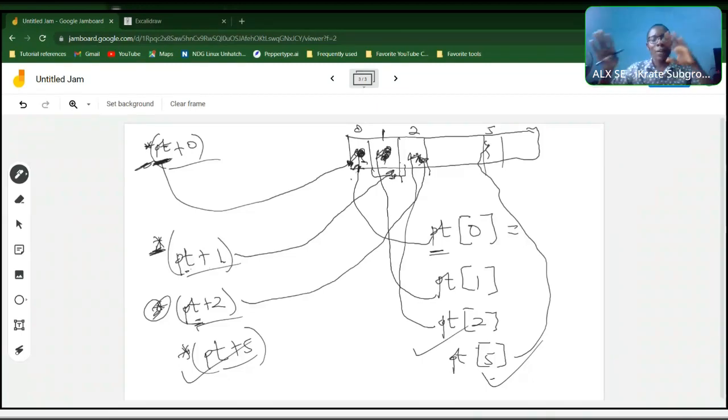So all the stuff about the question that you get, those ones are extra things. You just need to think through them, come up with an algorithm to solve something. But the most important thing is for you to remember that anytime you are creating a Malloc, you are just returning a pointer. So if you return that pointer, how do you access the individual spaces that this Malloc has created? That is what you are interested in. So far as you can access them, you'll be able to use them for almost anything at all that you want to do. Okay, now the next important thing to look at is